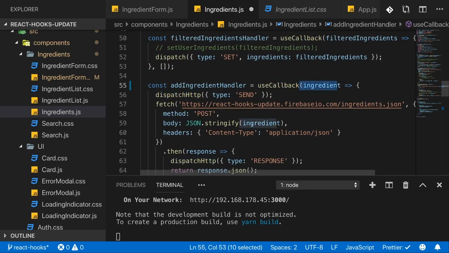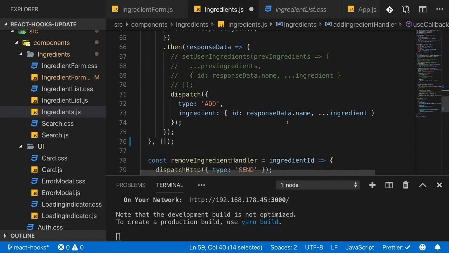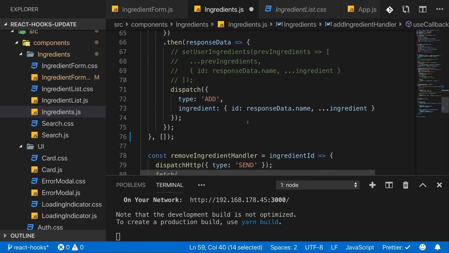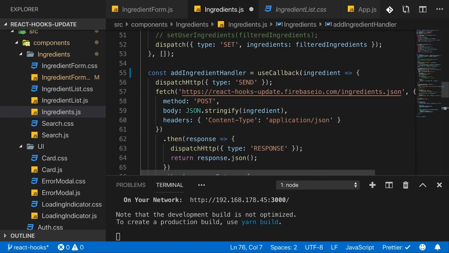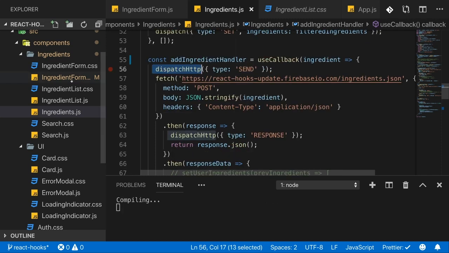Ingredient is a local argument we're getting in the function, not an external one, so nothing we need to do there. And therefore, overall, there's nothing in here on which this would depend. So this function actually should never be rebuilt. It's always the same function. It has no external dependencies other than dispatchHttp, which, as I said, is managed by React such that it won't change. So it's not really a dependency. If we do that,